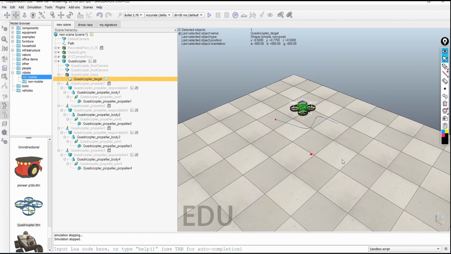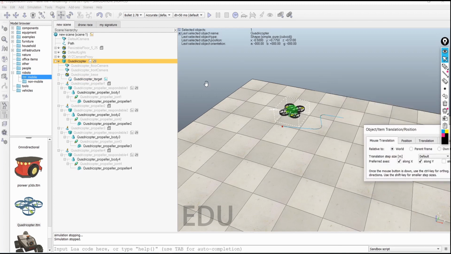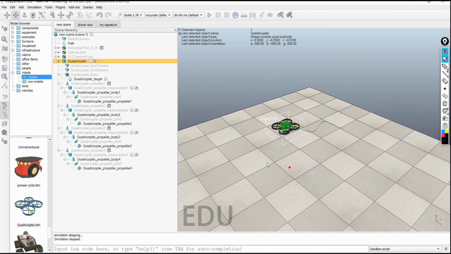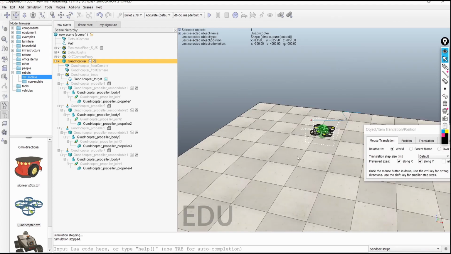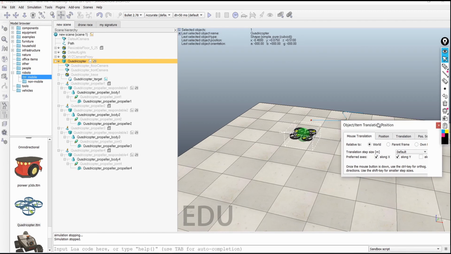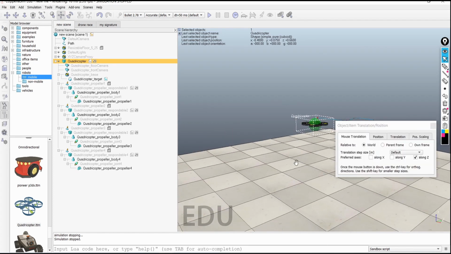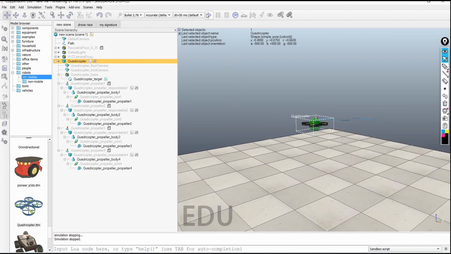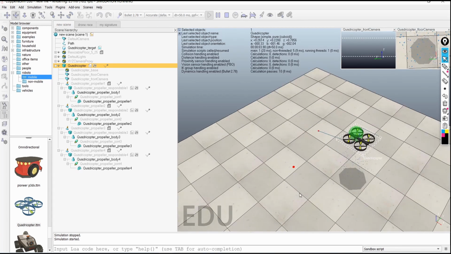And one more thing, we should be a little bit conscious that the drone takes some time, so we should always bring it to the initial position beforehand, so that it is easier for it to follow the path. Now you can see it is following this path.